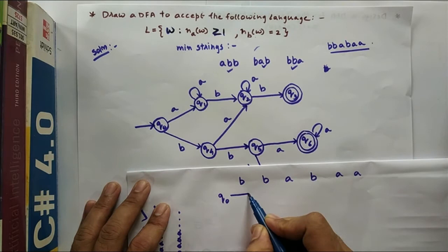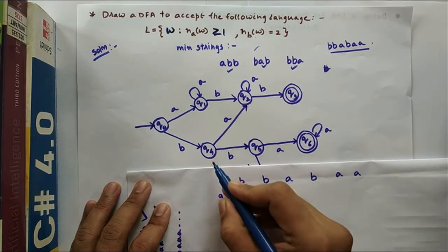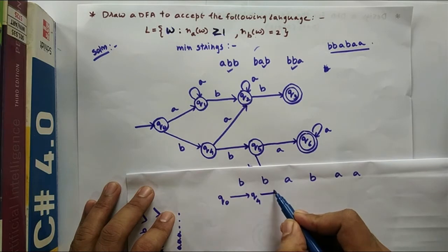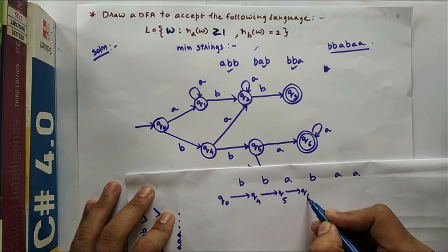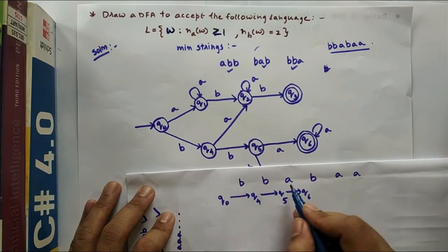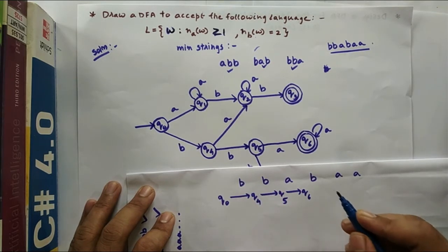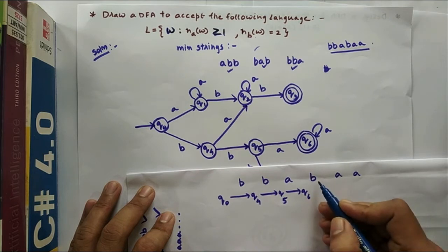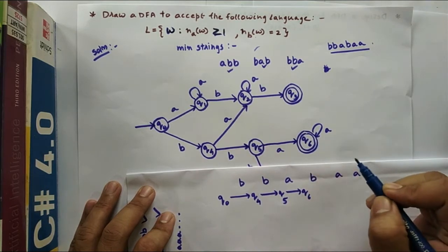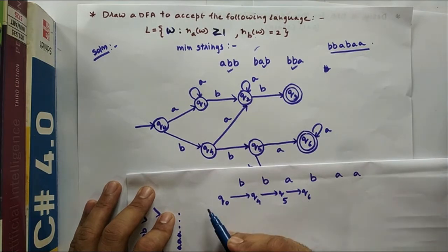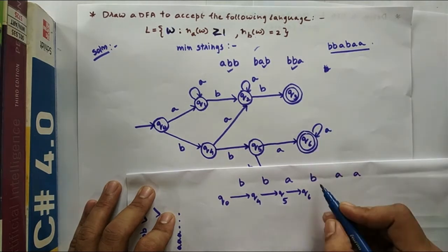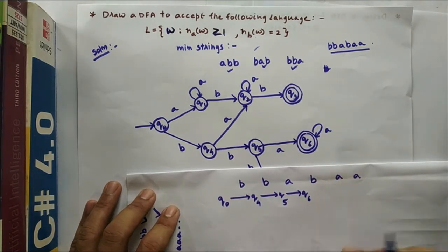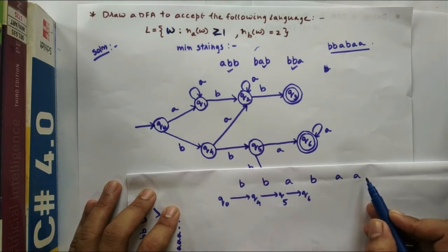From Q0 state, the first B that is encountered, you go to Q4 state. From Q4, B is encountered, you go to Q5 state. Now from Q5, A is encountered, so you go to Q6 state. So B, B, A is done, right? Now this third A is an extra A. So from Q6 there is no transition defined, correct? So after reaching Q6, on reading B, the transition is not there. So the string is not completely read, one thing.